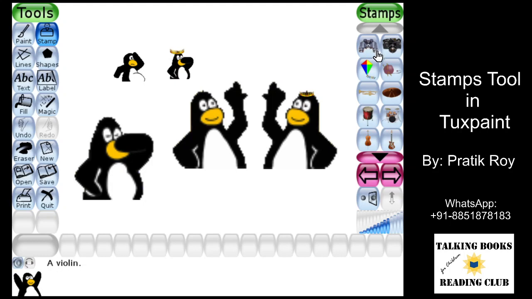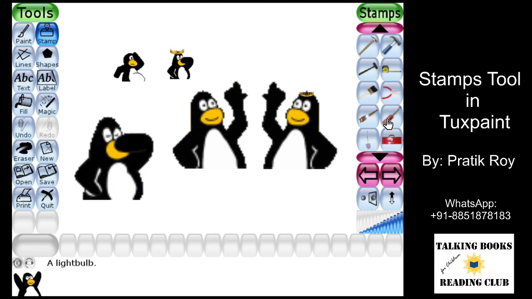So in this particular category, we can see we've got the hobby items which we normally use for our hobbies, and we've got binoculars, cameras, and musical instruments. The next category we can see these are the household items, and in the household items we've got plenty of images which you will find very useful for your artwork. Let's just scroll down a bit and have a look at what options we have got available here.